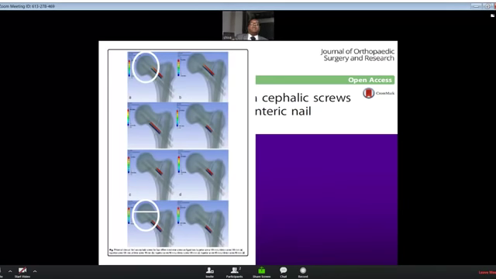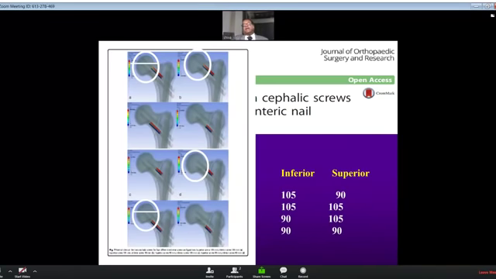The second model they used was a longer superior screw. When the longer superior screw was used, the load was taken by the superior screw. Then shorter inferior screw and longer superior screw, and a normal superior screw and a shorter inferior screw. These are the different varieties they tested, and for your understanding, I am just saying the first one has a longer inferior screw, a 105 millimeter screw, and a shorter one at the same horizontal level as the next screw is the 90 millimeter screw, which is depicted in this picture.